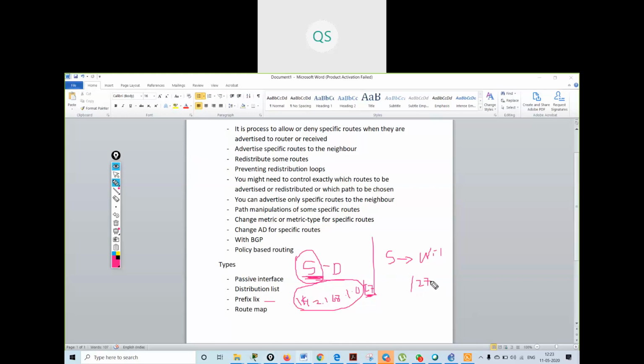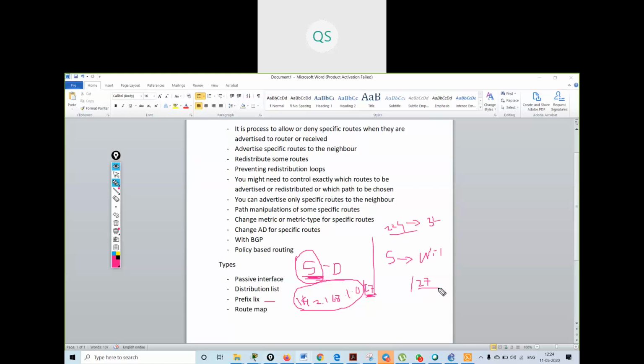So when I'm doing slash 27, how is my 1.0 network divided into subnets? With slash 27, three bits are on. What will be the value? 224. 224 means a block size of 32.